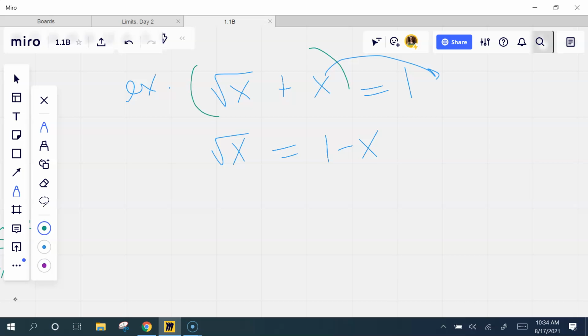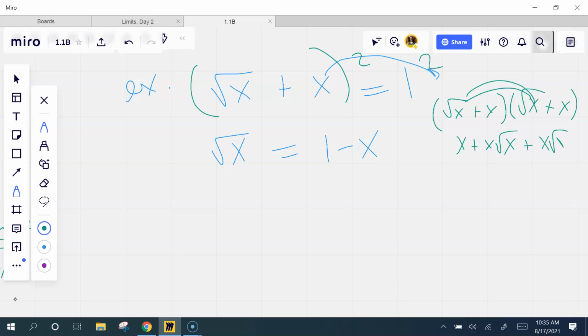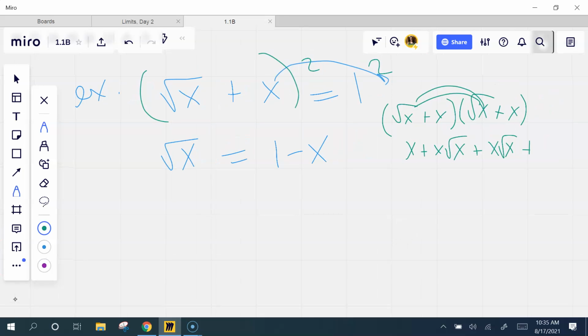If you had squared it here and here, you would end up with square root of x plus x, square root of x plus x. And watch what happens when you FOIL it. That would be x, but then I'd have x times the square root of x plus x times the square root of x plus x squared. I still end up with a radical in my answers. I didn't get rid of it. So in order to get rid of it, I need to get it by itself. Because once it's by itself,